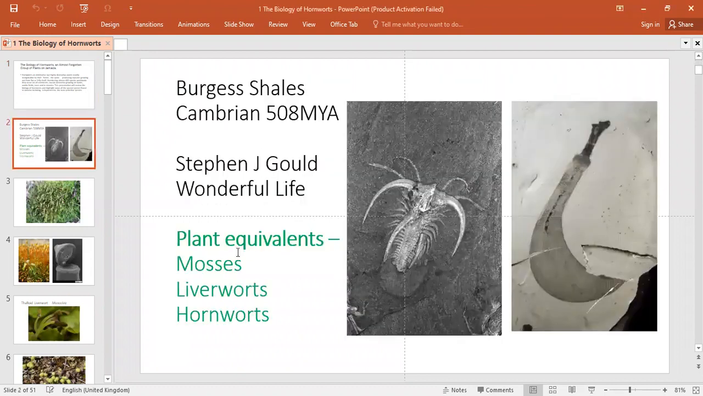belong to a group of plants called bryophytes: mosses, liverworts, and hornworts. They're really the equivalent of some of the fossils you get in the Burgess Shale 508 million years ago. MYA stands for million years ago,